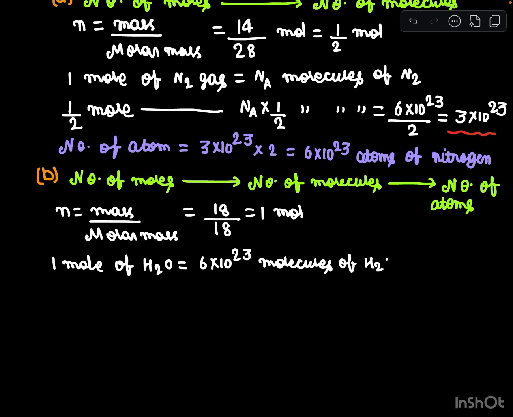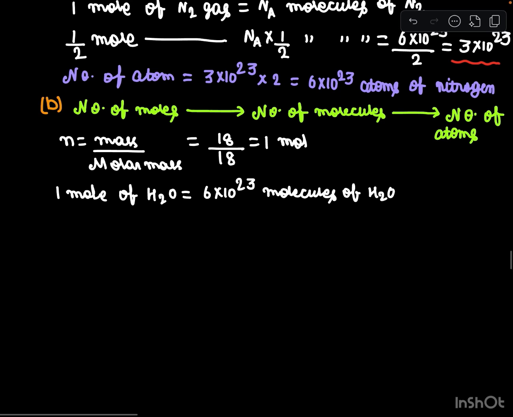Molecules of H2O. This we know from Avogadro's law that 1 mole of any substance will contain 6 into 10 to the power 23 atoms, molecules, whatever it is, of that substance. Now since we have calculated number of molecules, let's go to the number of atoms. Now 1 molecule of H2O is equal to 2 atoms of hydrogen plus 1 atom of oxygen, that is 3 atoms